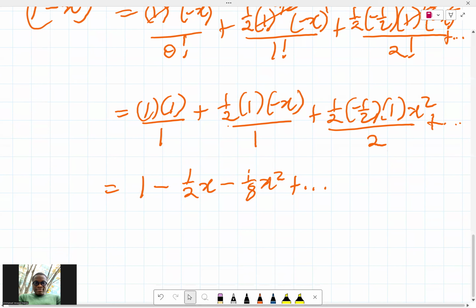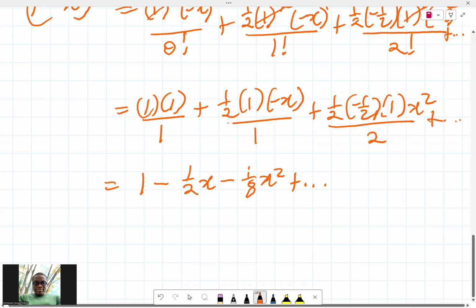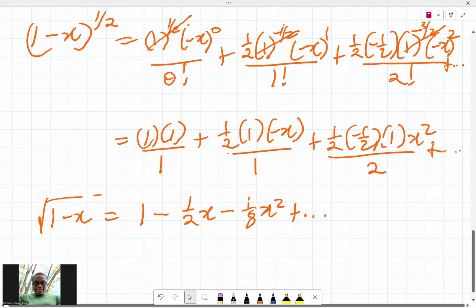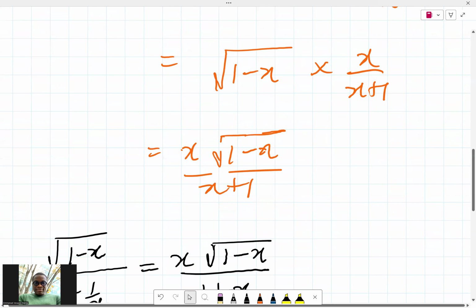So basically square root of 1 minus x is simply 1 minus half x minus 1 over 8 x squared. Okay, so that's settled. Now, let's go for the next part of it, which is